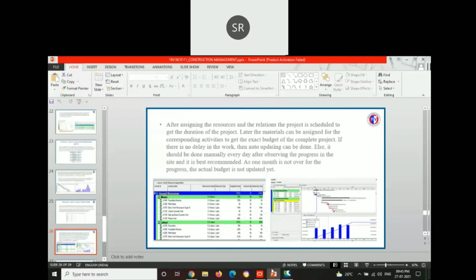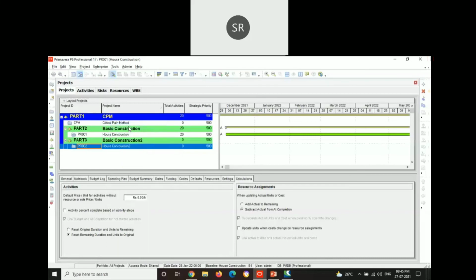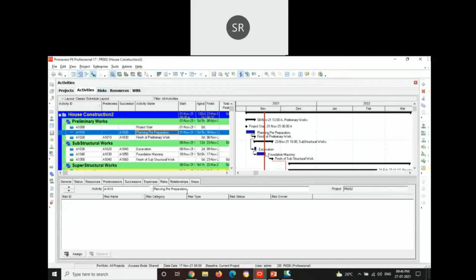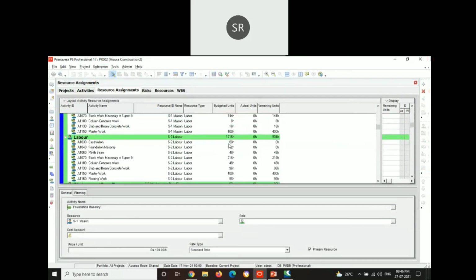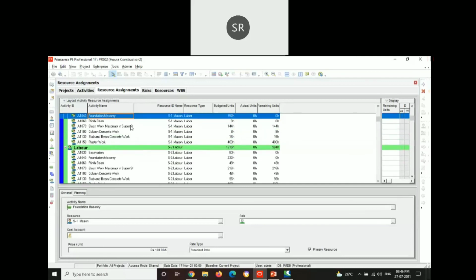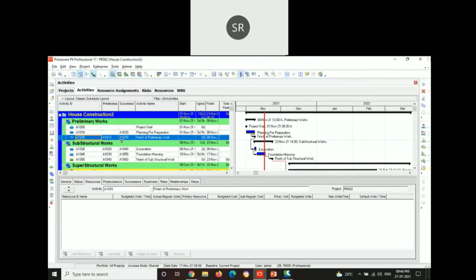Let us go back to the software. This is the project which is having fixed units. Here, before assigning the duration for each activity, it has been done in the resource assignment tab. Here we can see that we have given the resource duration for each of the activity, which has been calculated from the activity table before. After assigning the budgeted units of duration for each activity, the resources have to be assigned for each activity for the budgeted units. Here we can see that for this project, the resources have not been assigned as they do not require any of the labor.